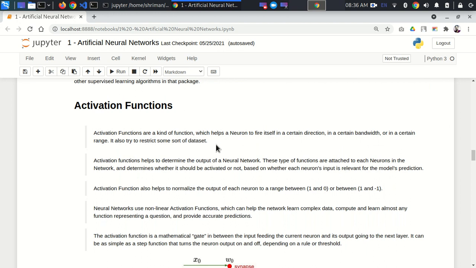So suppose there is a human being sitting somewhere or standing somewhere, and some kind of activity is going on. Maybe a mosquito is going to bite that human being, maybe on his foot or his hand. Then after the mosquito bites, what is going to happen? There would be some kind of sensation that arises in that part of the body, and that sensation will try to activate some neurons lying in that place. Now some of the neurons will fire themselves, they will be in an active